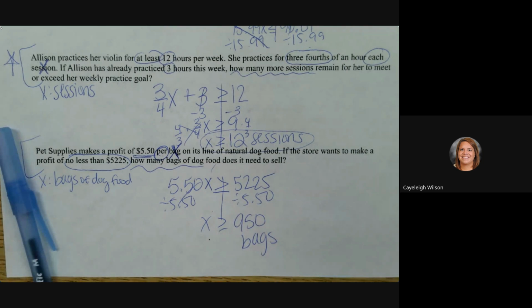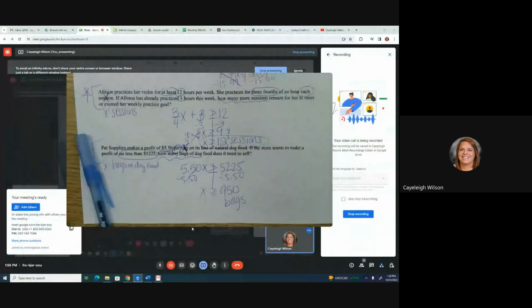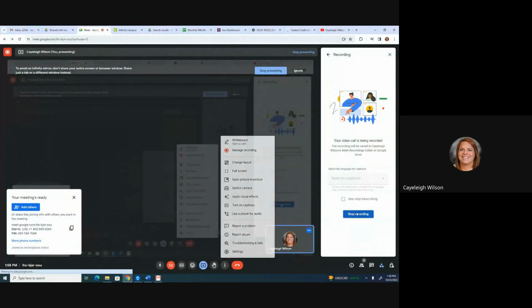All right, your job is to finish the back. It's homework if you